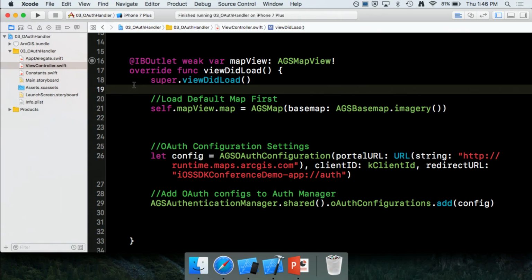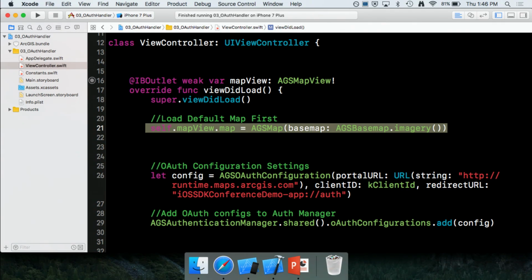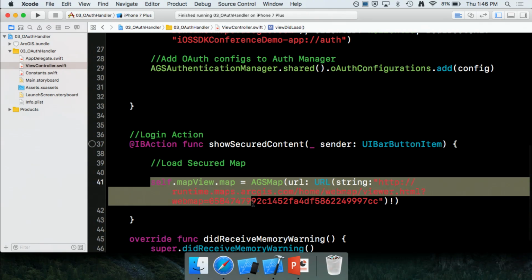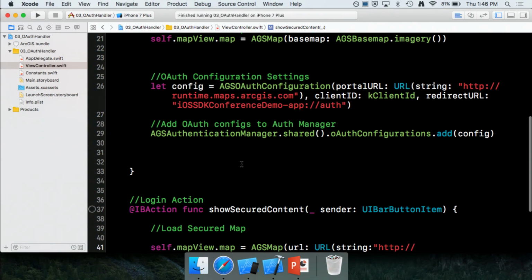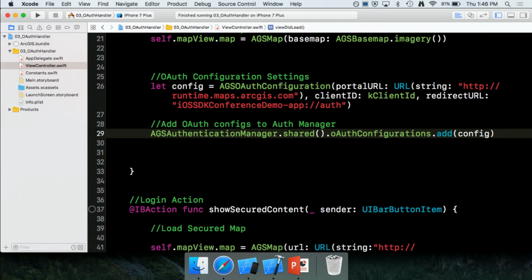So, in this project, when the app starts, I load a default map, and upon a user action through a button tap, I want to load my secured map, right? But the interesting part here is the OAuth configuration settings I've added. I've created an OAuth configuration object with the URL to my portal.